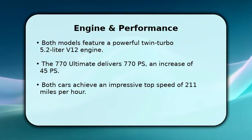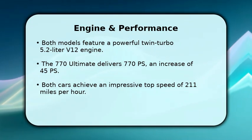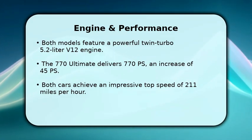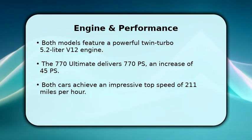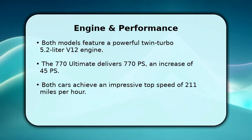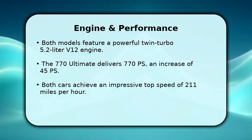Under the hood, both the DBS 770 Ultimate and Superleggera share Aston Martin's formidable 5.2-liter twin-turbo V12 engine. However, the 770 Ultimate elevates performance with 770 PS, a significant 45 PS more than the Superleggera's 725 PS. Despite the power difference, both Grand Tourers are electronically limited to a thrilling top speed of 211 miles per hour,